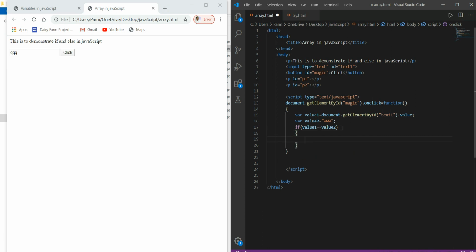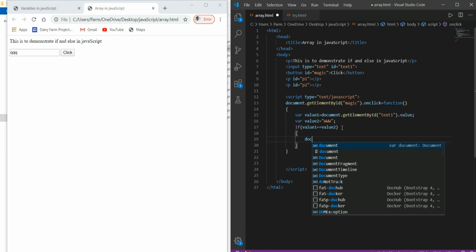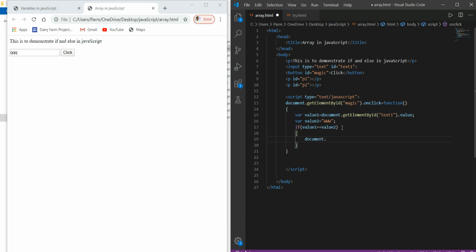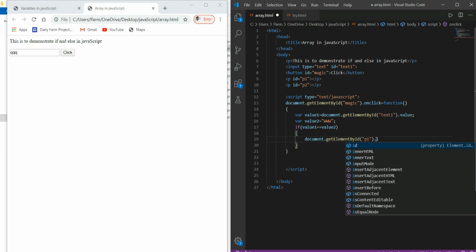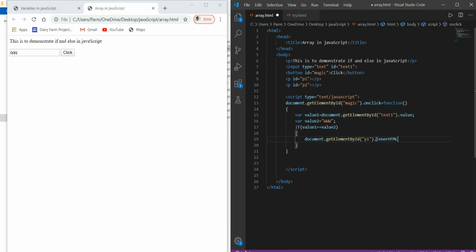Here we will write document.getElementById, and here we specify the id as p1 because we wanted to write it over here. Dot innerHTML is equal to, say, here we write you have done.